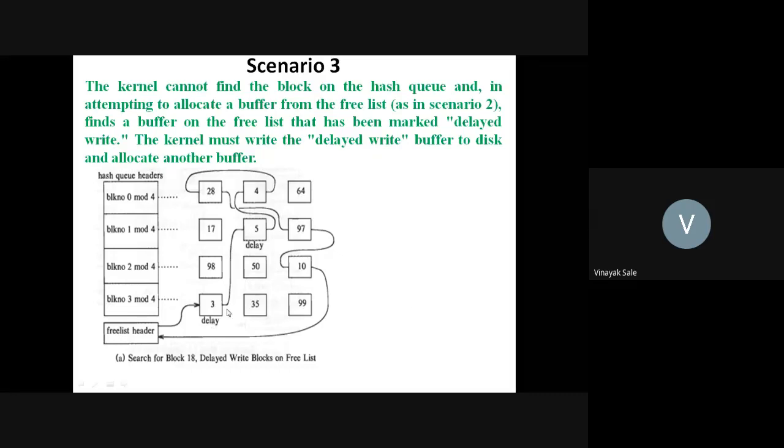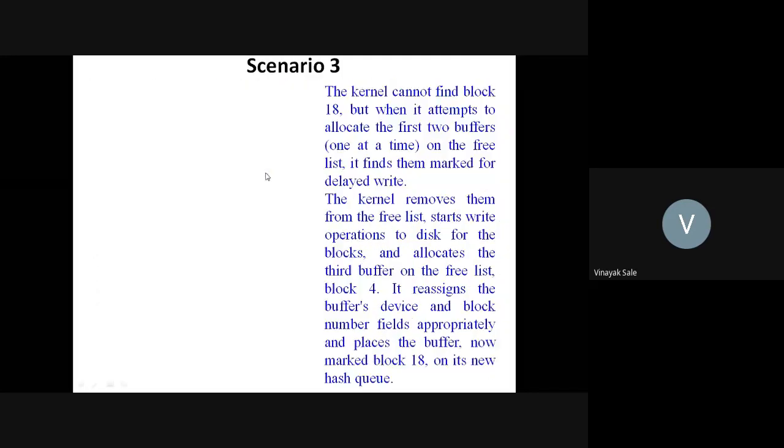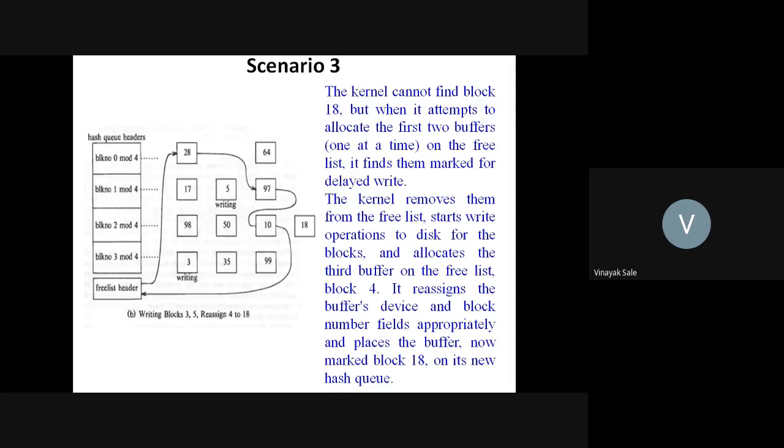Then it will check the next free, here 5, again delayed write, then goes to the next, which is 4, then it will remove that 4. The block 4 buffer is removed and assigned as 18 by placing it at the appropriate place. Did you get it? This is scenario 3.